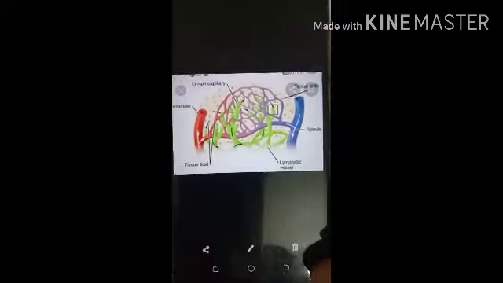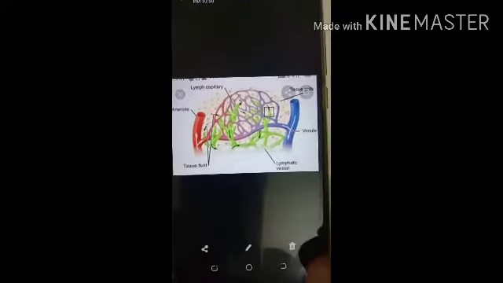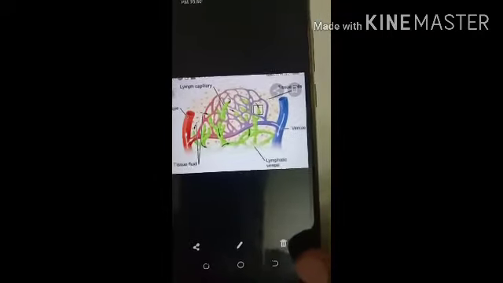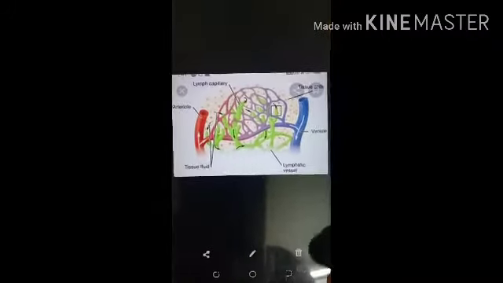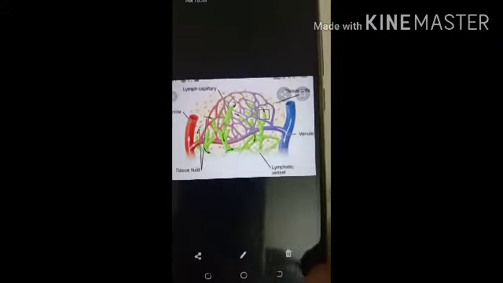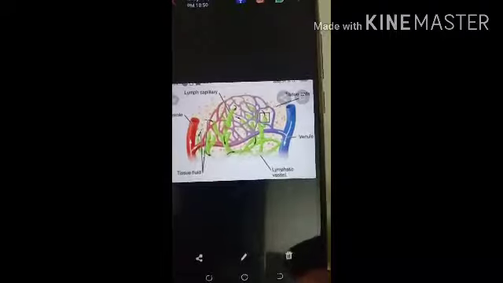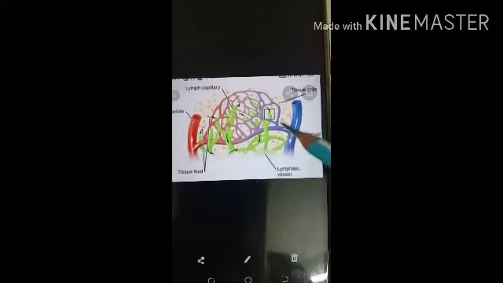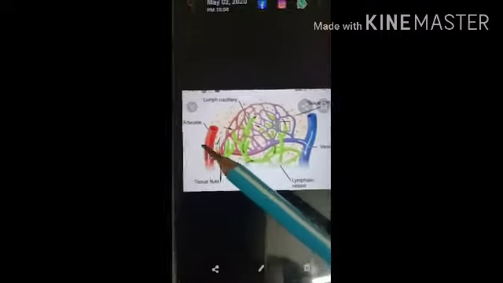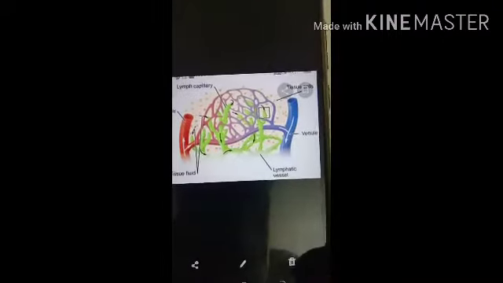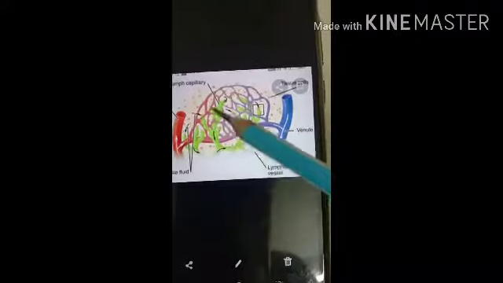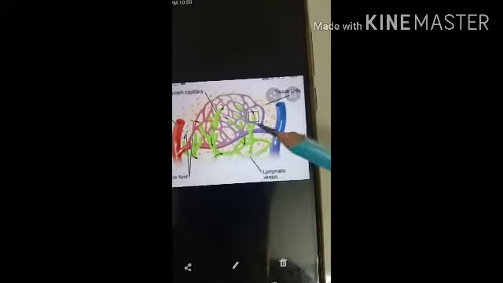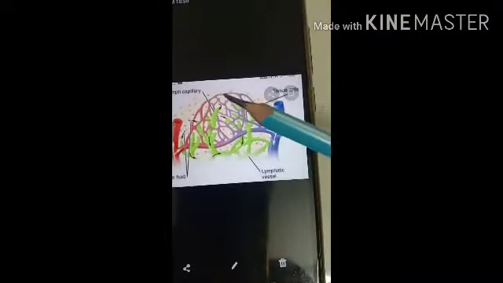Then the lymph. The lymph is a clear watery fluid similar to plasma, but it contains plasma proteins and interstitial fluid. Here you can see the interstitial fluid is present, and where the arterioles and the venules are, a capillary network is formed. So that is the exchange of the material.